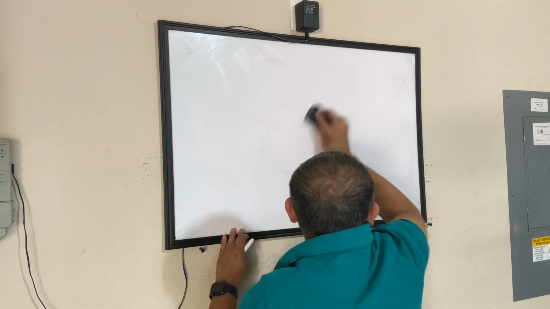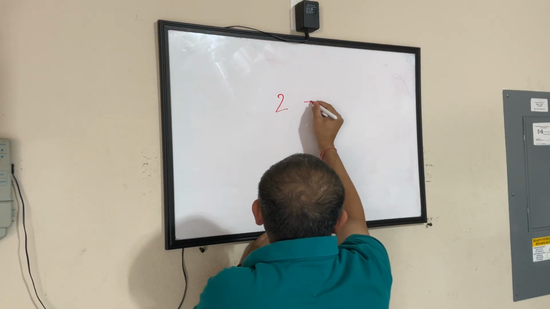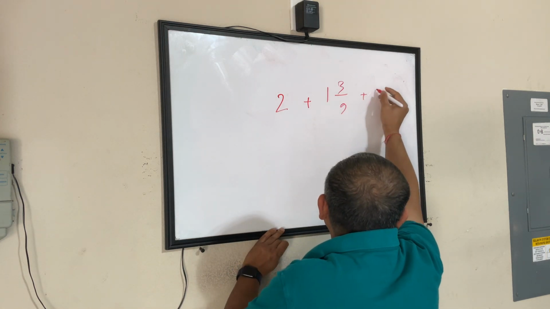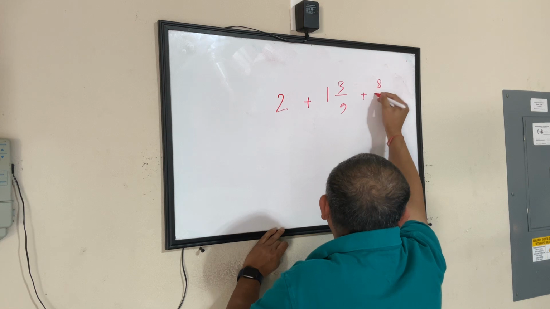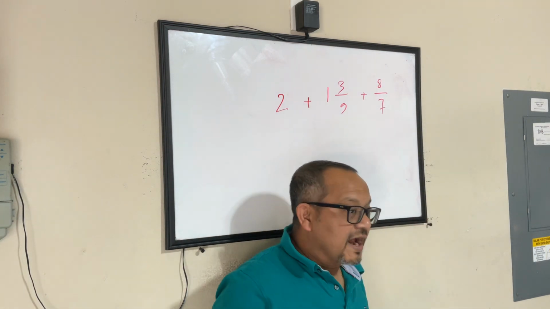Let's look at this. I will give you guys a situation to appreciate what I'm saying. If I have 2 plus 1 3rd by 9 plus 8 by 7, now, if I have to add these things,